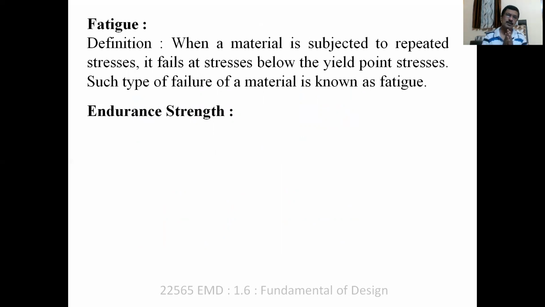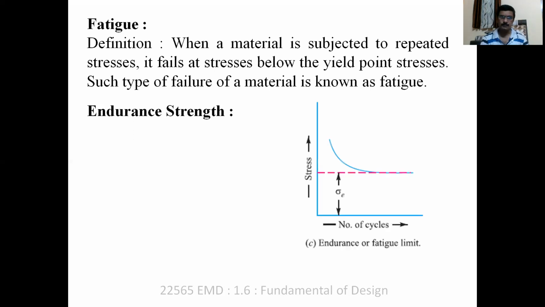As we have discussed here, the material has failed below the yield point. If you remember the stress strain diagram, after our elastic point yielding starts and there is a yield point. Before that only the material has failed. Why does it happen? Only because it is rotating and there is a repeated type of stress. There is a change in the tension and compression, so it is a change in the stress. That's why it fails earlier. So that is called fatigue. The definition is asked for 2 marks.